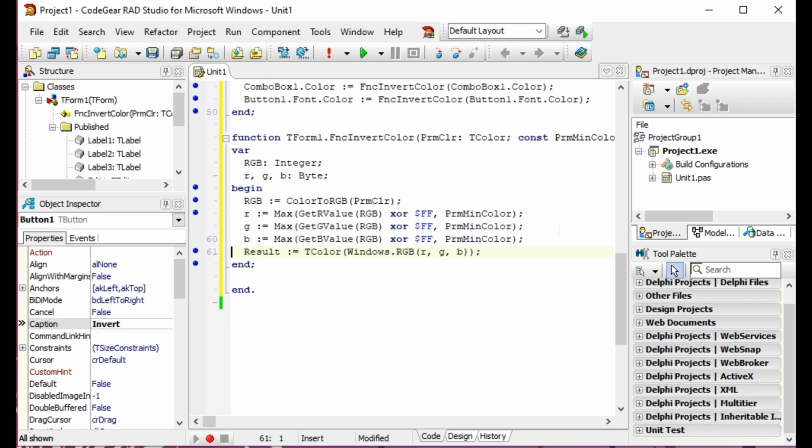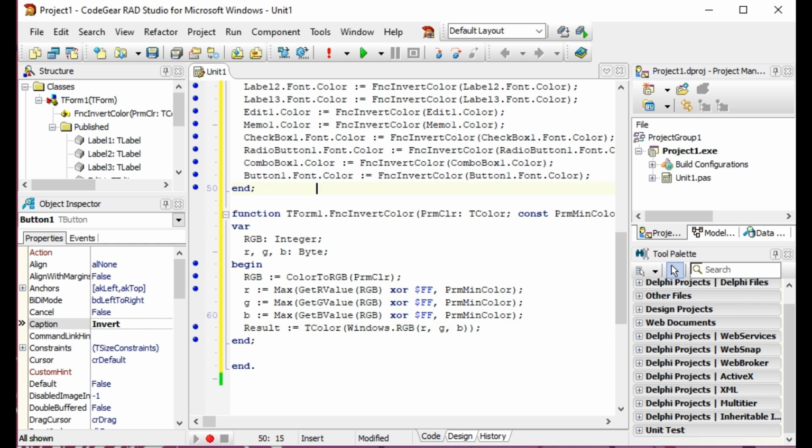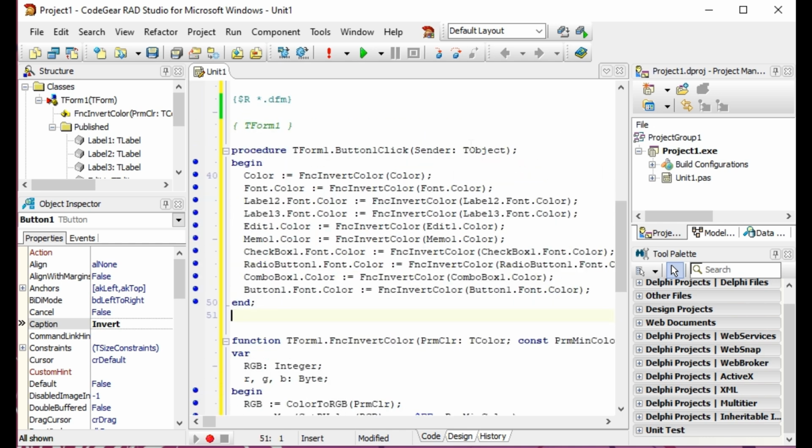Now, do I have to limit all the colors? I think we don't have to limit all the colors. Usually we only need to limit the background color. So in this line you can put some limit, let's say 96.